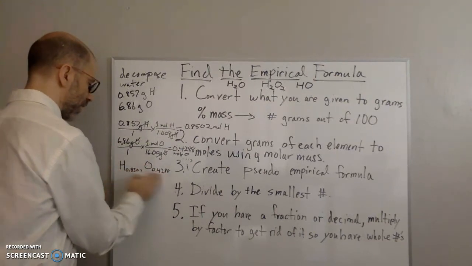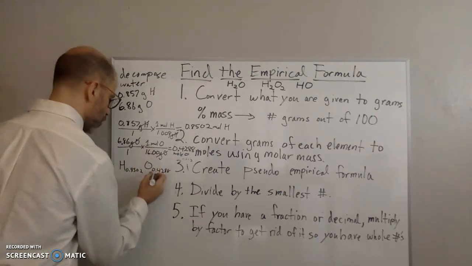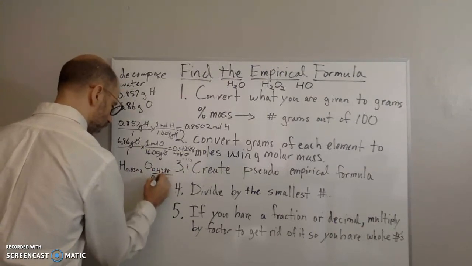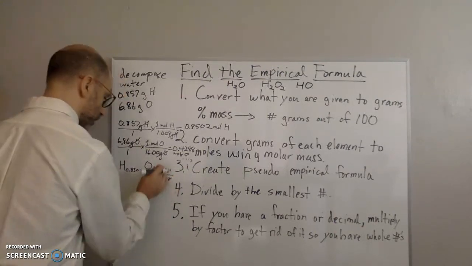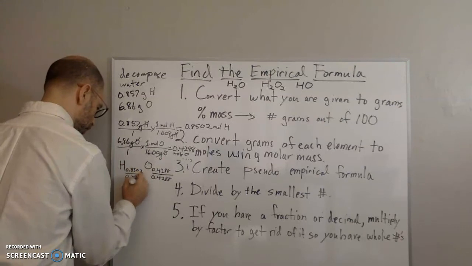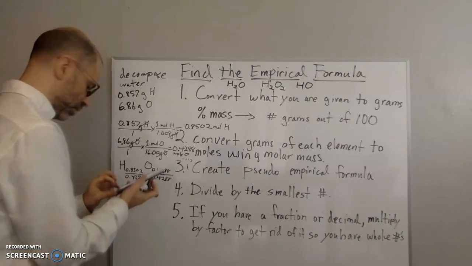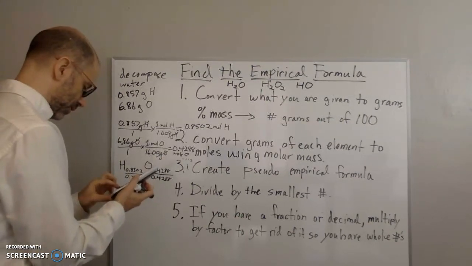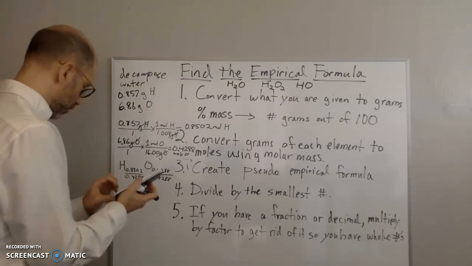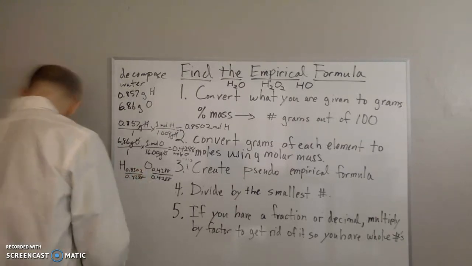So by dividing by the smallest, one of these is going to be 1, so it's going to be a ratio of 1 to something, right? So 0.4288 is the smallest, so I'm going to divide both by that one, 0.4288. That's going to give me a ratio of 1 to whatever this is. So I take that number, 0.8502 divided by 0.4288 equals, and I get,